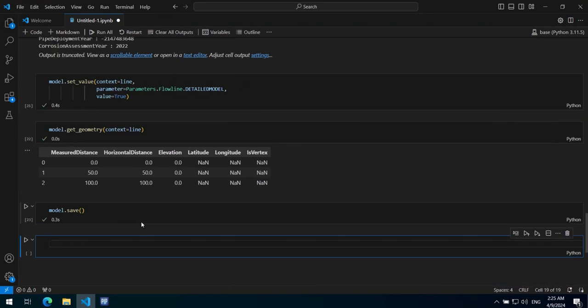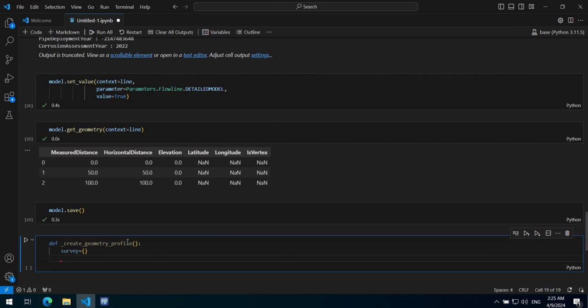For this purpose, I'm going to create a special dataset. Let me create a method which returns the dataset. I will create the function create geometry profile. And this function will create an empty dictionary. We call it survey. Then I need to add something in this dictionary. I will add the first column,